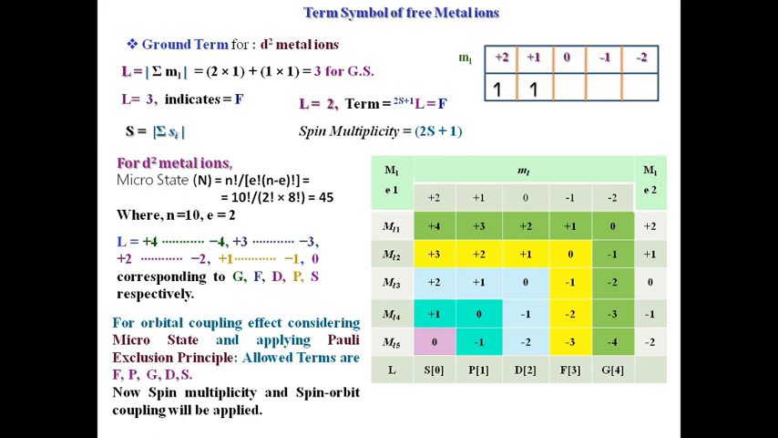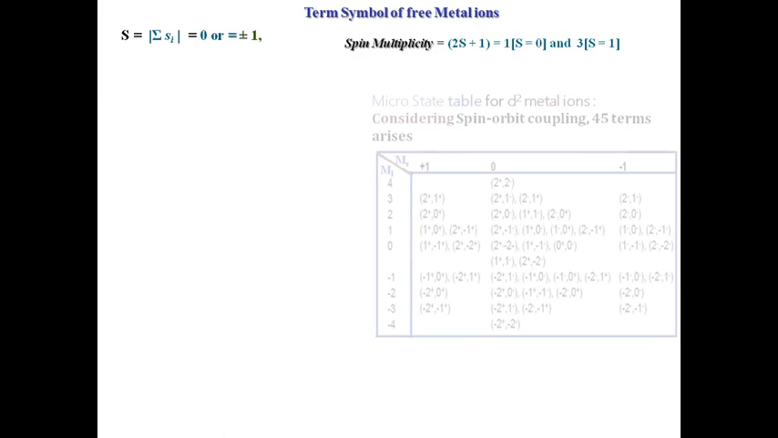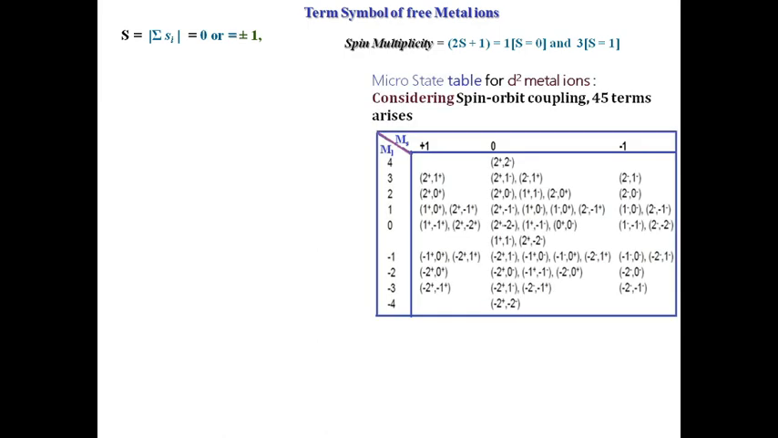Next, we have to find the spin coupling. From spin coupling, the S values are plus 1, 0, and minus 1 as shown here, and corresponding to S, the spin multiplicity values, 2S plus 1, are as shown here for different S values. Next step is LS coupling, considering all microstates and selection rule as shown in the figure in the right hand